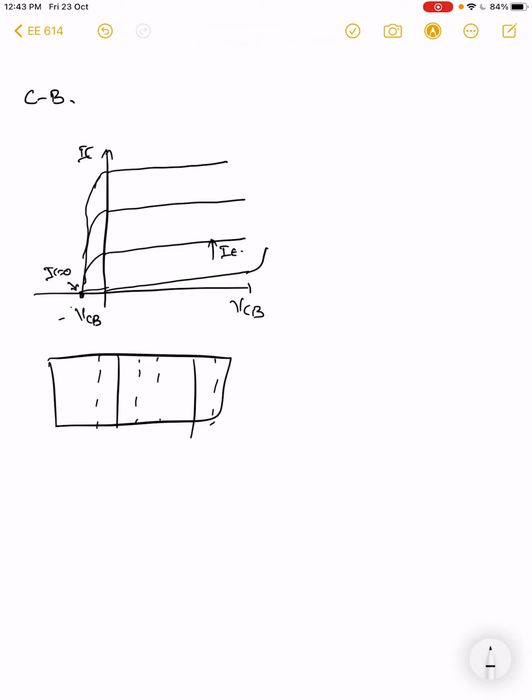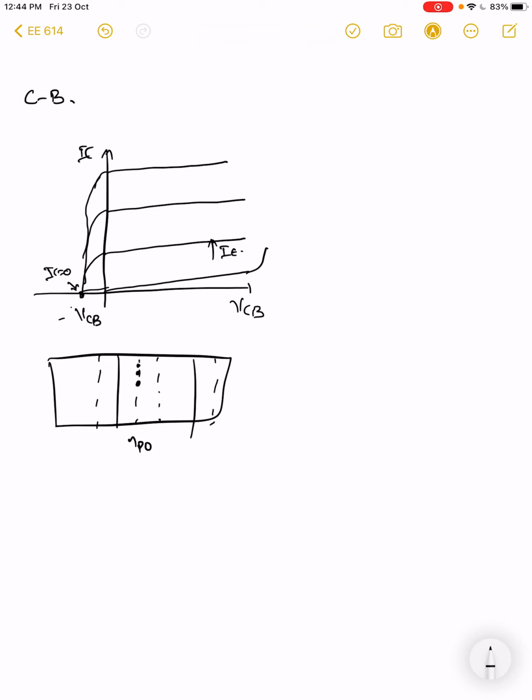And let's say at any IE, you have the NP naught value proportional to IE, proportional to the VBE, right? And every time IE increases, it obviously means that I have higher and higher minority charge injection from the emitter side, right? And the condition for IC to be 0 under this situation is